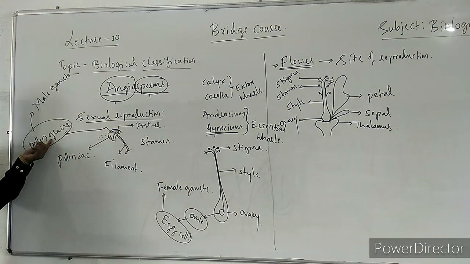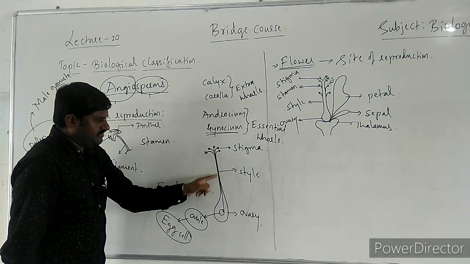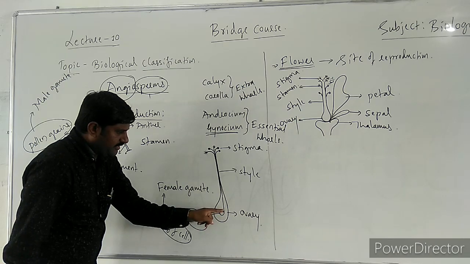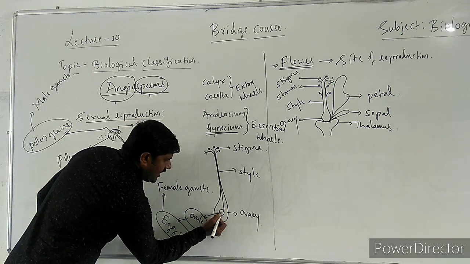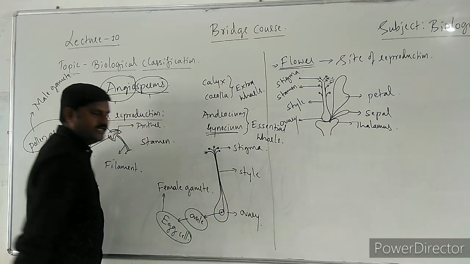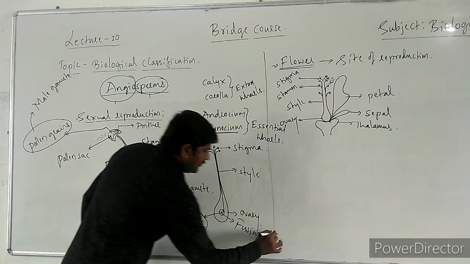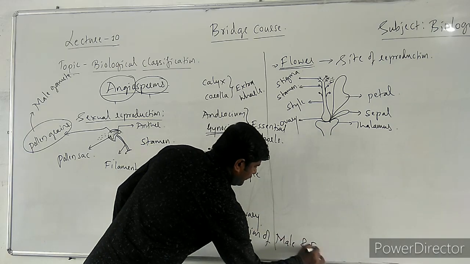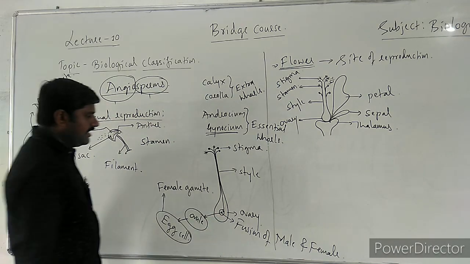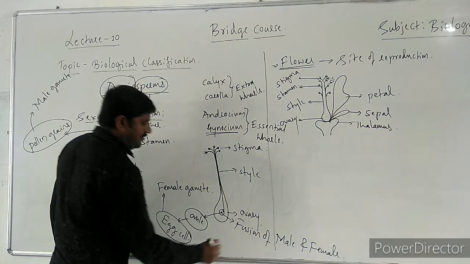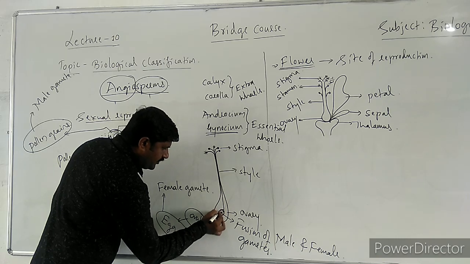That tube mainly consists of male gametes. I have already explained that pollen grains contain male gametes. Through the pollen tube, male gametes come towards the ovary, and the tube enters the ovule, and it helps the male gametes fuse with the female gamete. Fusion of male and female gametes takes place inside the ovary. After the fusion of male and female gametes takes place,